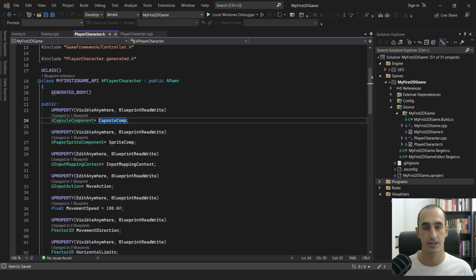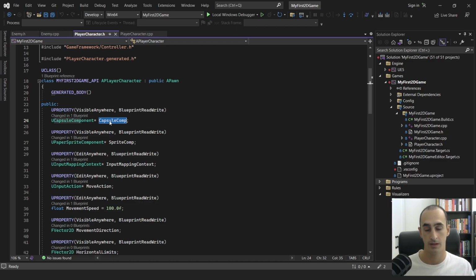And that delegate is called OnComponentBeginOverlap. That delegate, or you can also think of it as an event, will be fired when there's an overlap between this capsule component and some other actor's collision component. We can bind a function to that,